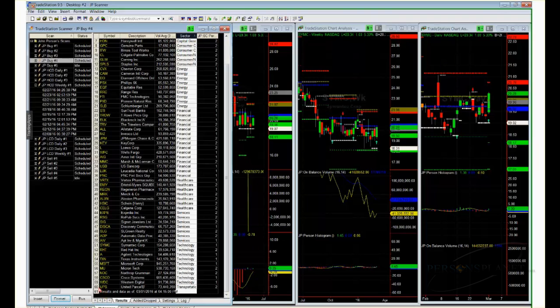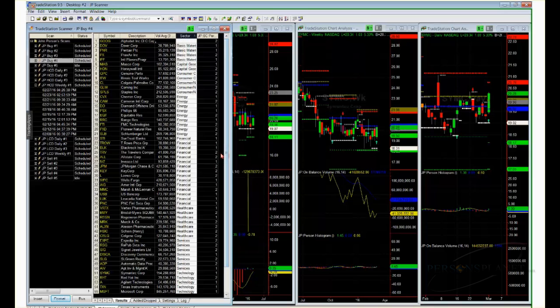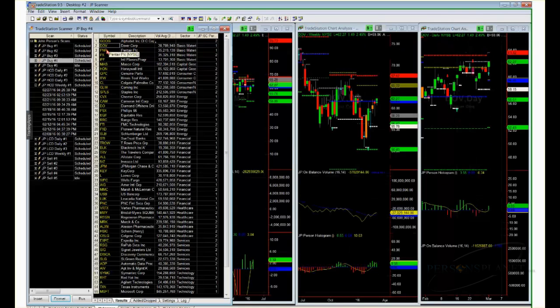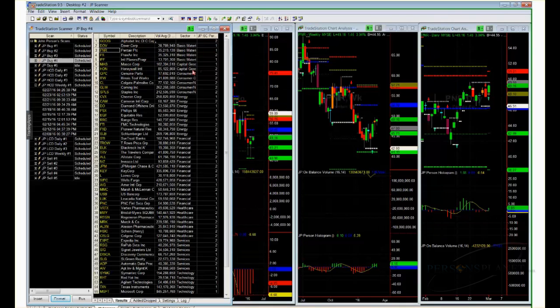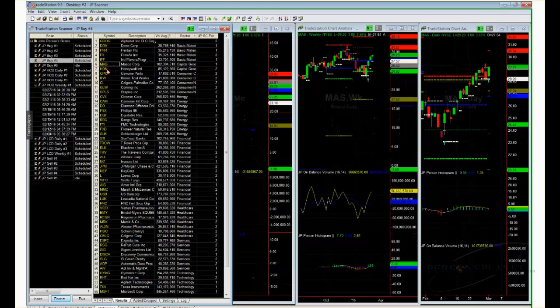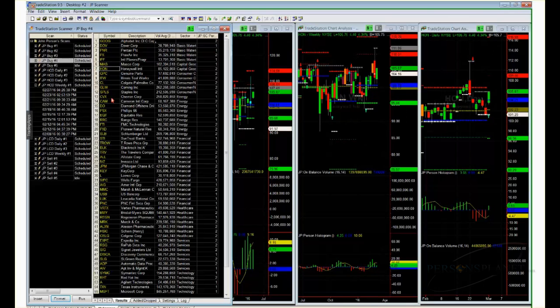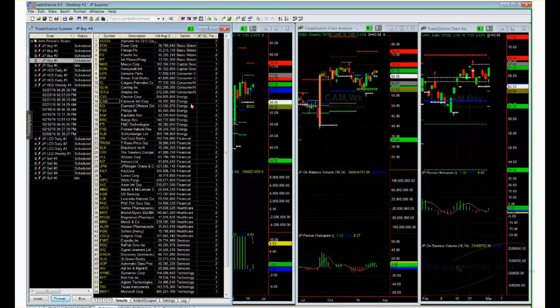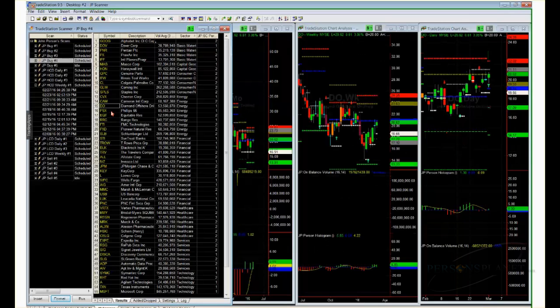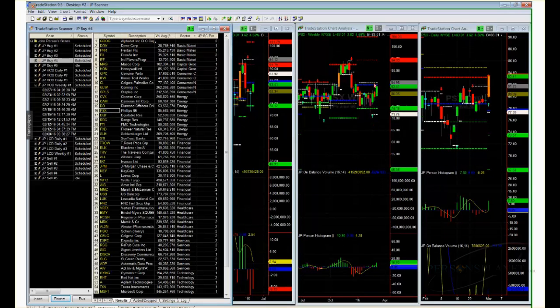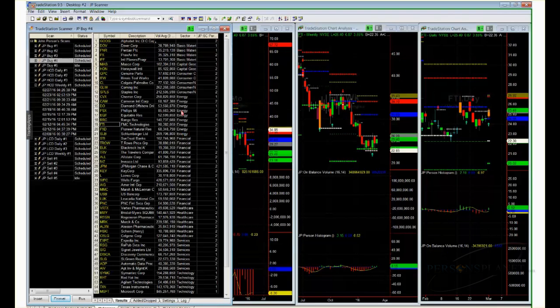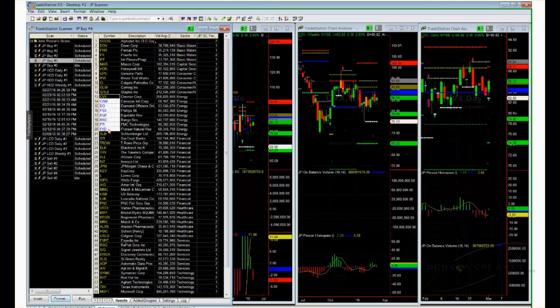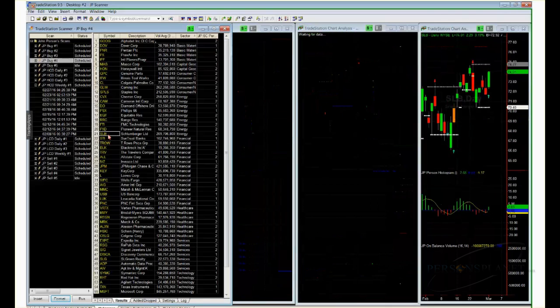I always like to find out, of 60 names, what was the concentration of stocks that generated new fresh buy signals. We had some in basic materials. We had some Masco, Honeywell, capital goods. We had a few like Chevron in the energy space, Cameron International in the energy space, Phillips 66. Ooh, nice little pattern right there. We also had, as you can see, FMC Technology. So we had a bunch of new fresh energy